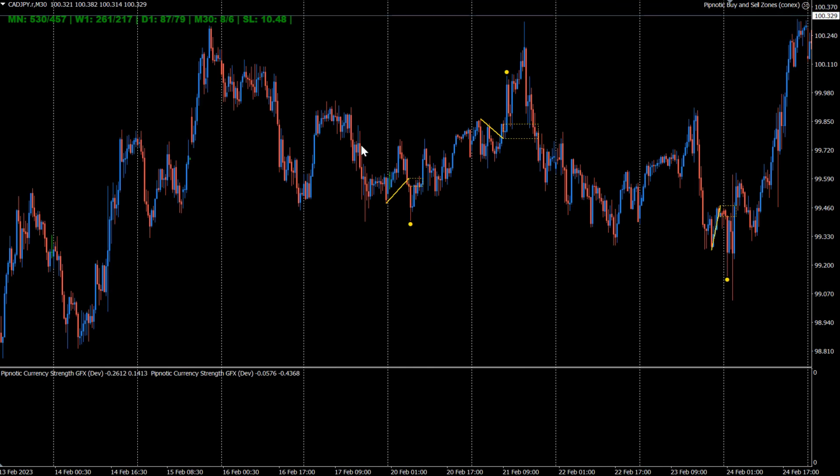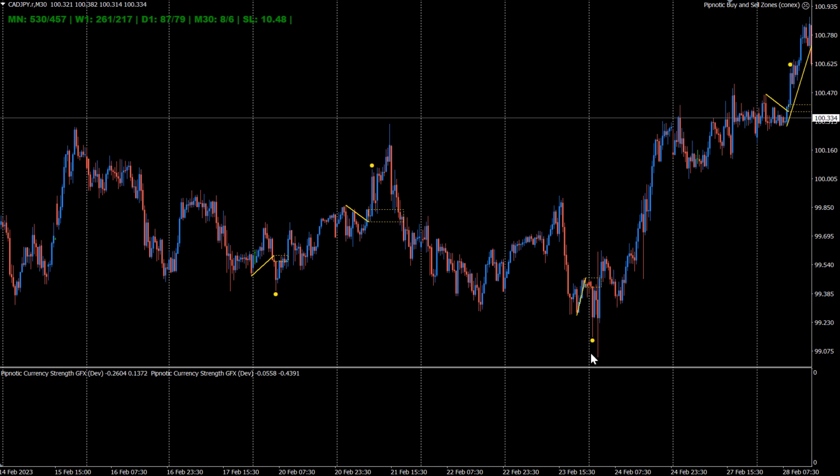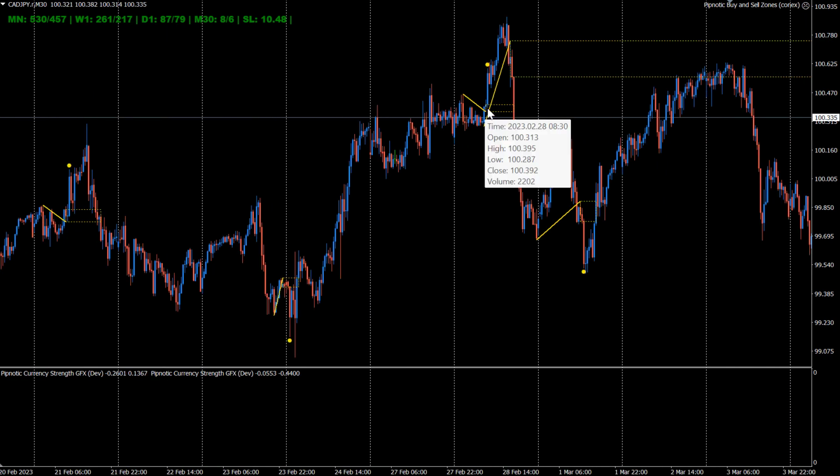Okay, and so what we want to do is we want to see here. Okay, here, this is the time of the day, the period separator. Price is dashed. We formed this pattern. We got the dot. Prices came back to the origin. We had this one here. The dot was formed. What happened? Prices came down. 2 different days, 2 winning trades. This one here, prices came all the way back down here. Price came back to the box, winning trade.